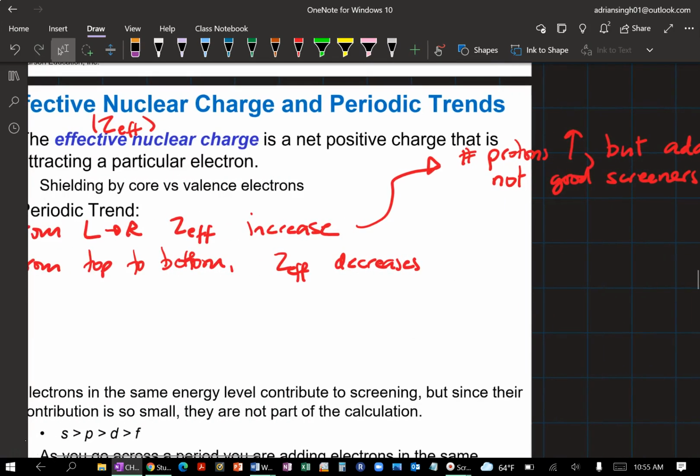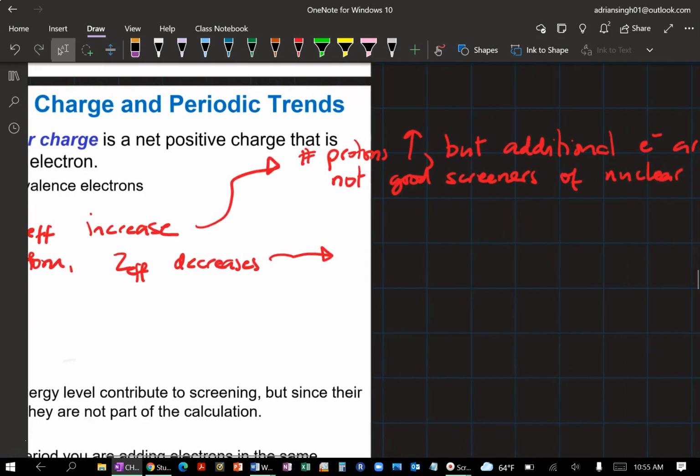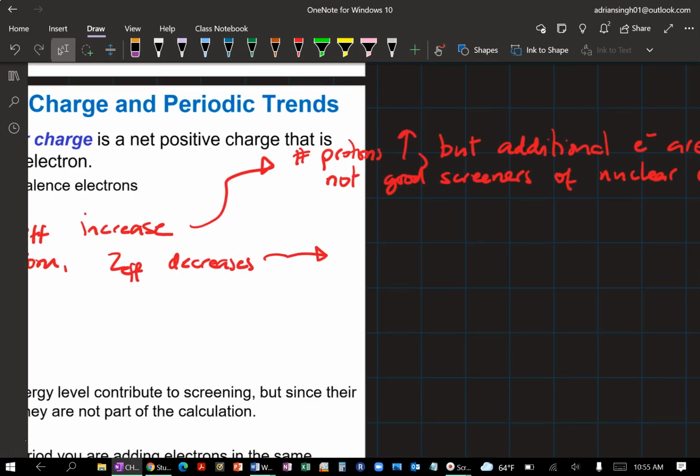Going from top to bottom, you're going down a particular group, the effective nuclear charge decreases, and the reason for that also is very important. We're increasing the number of protons as we go down the group, but we're also adding more electrons, and those electrons are being added to a brand new principal energy level. Right? So electrons are added to a new principal energy level,